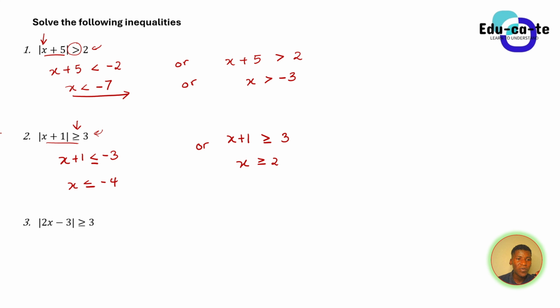So if you use a number that is greater or equal to 2 here, maybe let us just use a number such as 5. 5 plus 1 will be 6. The absolute value of 6 is definitely 6 and is greater than positive 3, which confirms with our inequality.